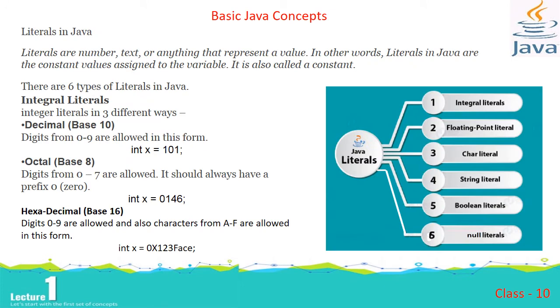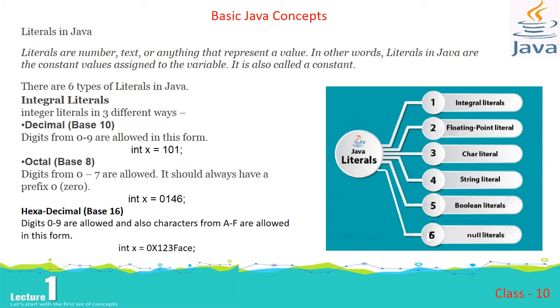Literals. Literals are nothing but fixed data values. Java supports 6 types of literals: integer literals, floating point literals, character literals, string literals, boolean literals, and null literals. Now the integer literals can be represented in 3 different forms: decimal, that is with the base 10. Here, as the example given, if we write int x equals to some number,